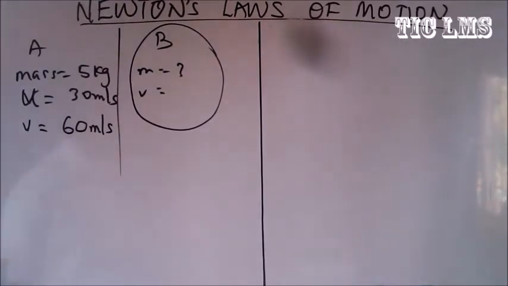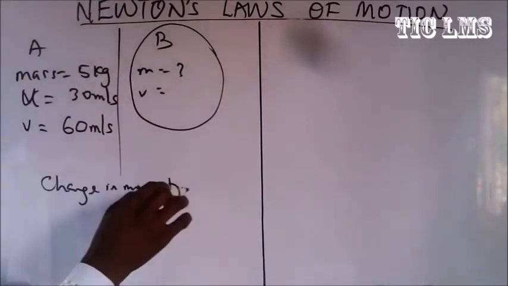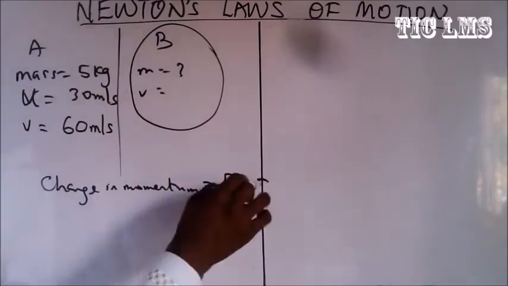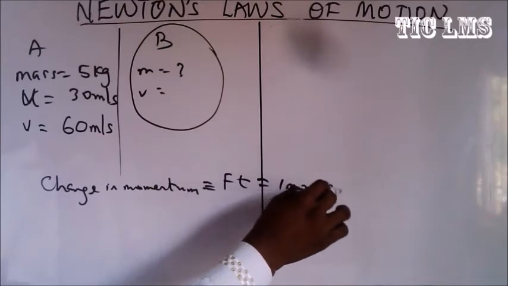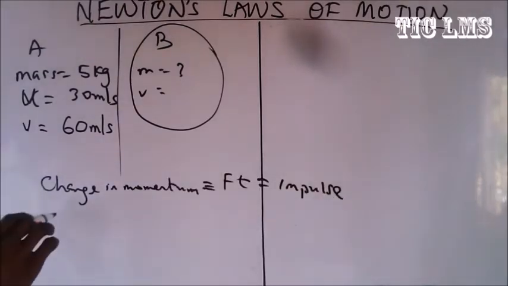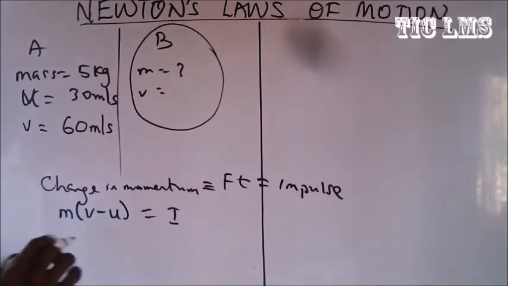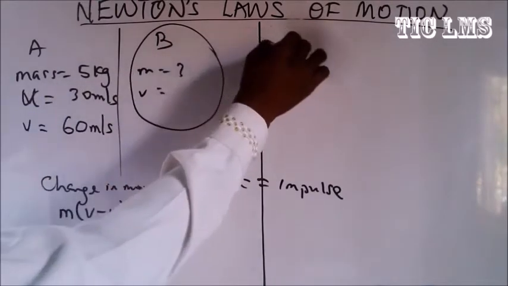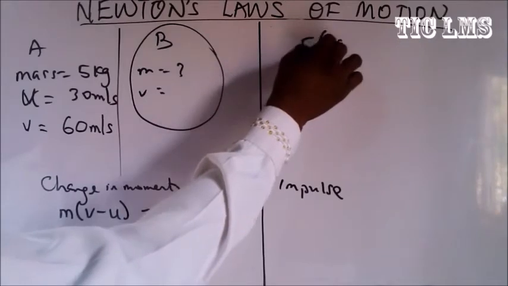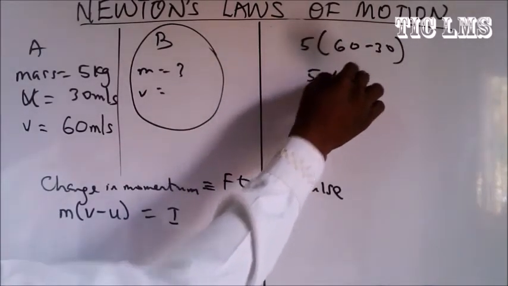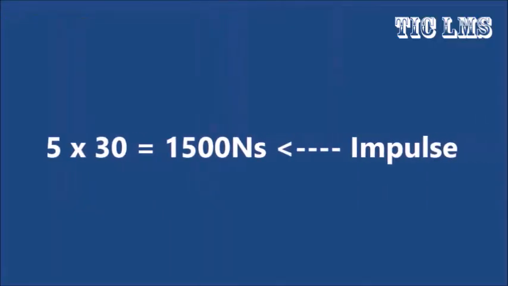So we'll have it that the change in momentum is equal to impulse, which is Ft, that is impulse. And so we have it that the change in momentum is m(v minus u) equal to our impulse. The m in the question is 5 kg, then 60 minus 30, and so we have 5 multiplied by 30. That gives us